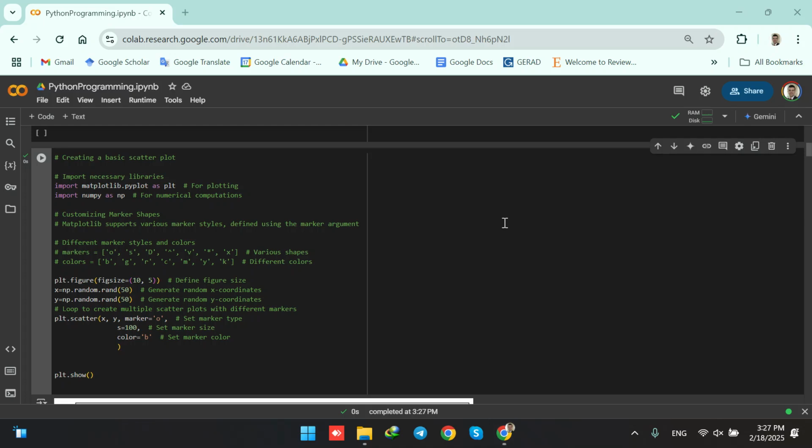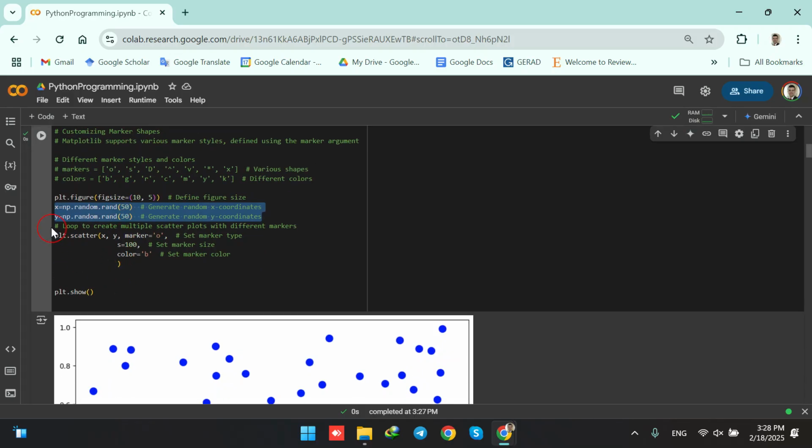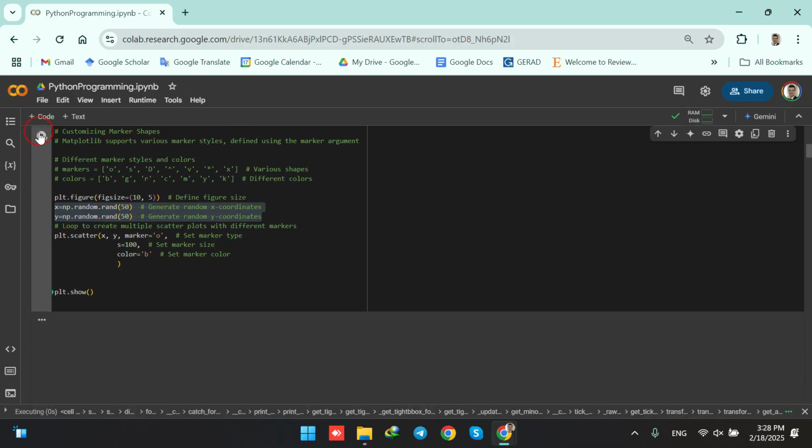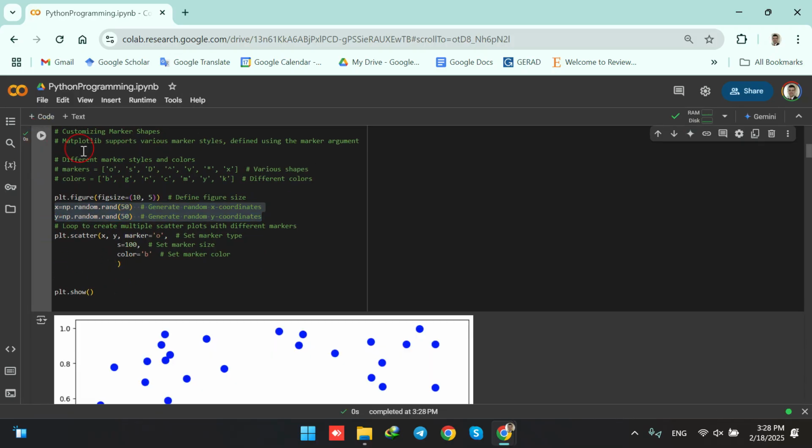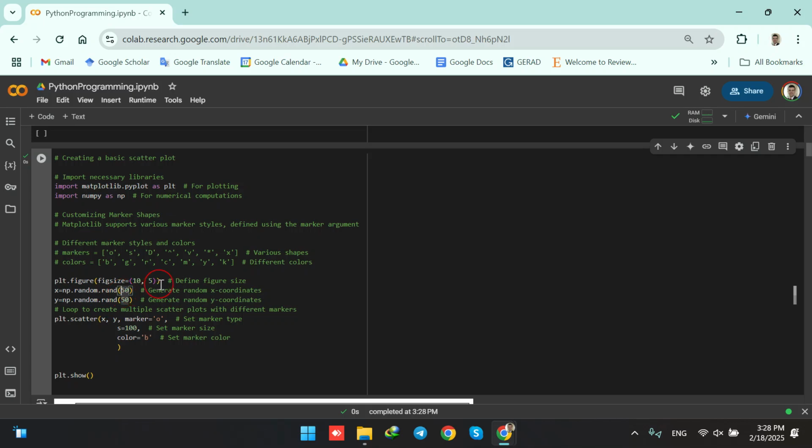Hi, welcome back. In today's video, we are going to discuss another scatter plot. Here, again, we are importing the necessary libraries, and we are going to simply have X and Y being generated randomly without having the random seed. So every time that I run, we are going to have a new figure. So you see, when I run, I have a new figure each time because we didn't set the seed here